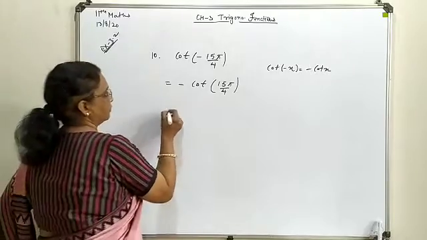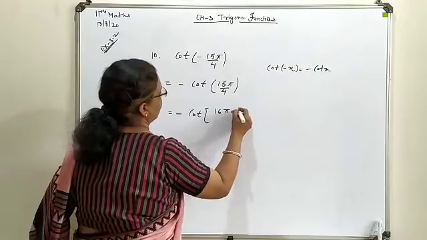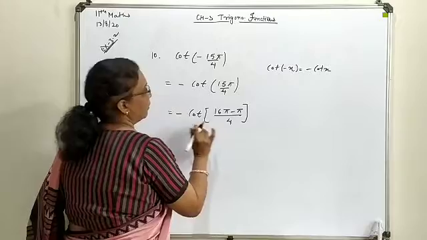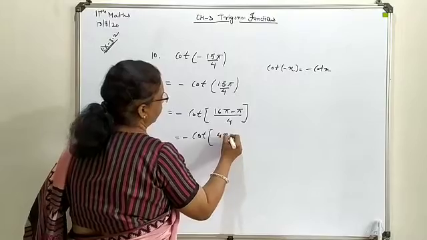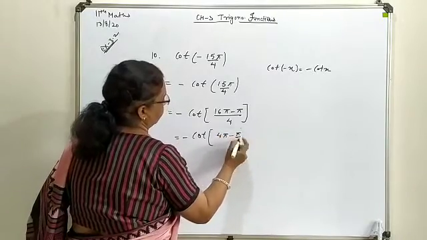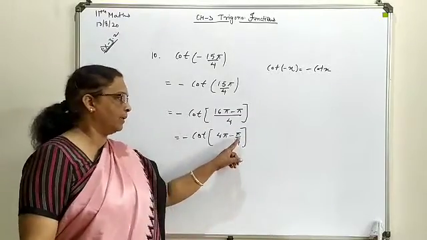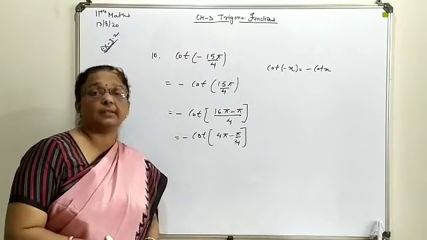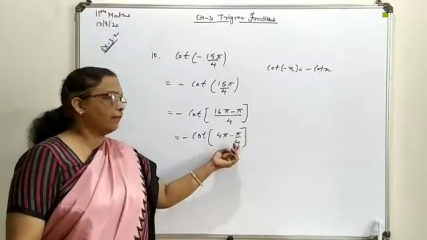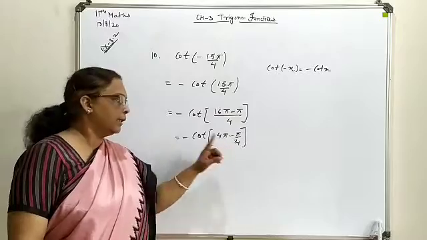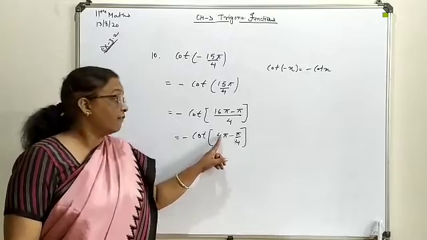So here we are going to write this as 16 pi minus pi upon 4. Make them separate. That is 4 pi minus pi by 4. Up to now in the last two cases, one thing was common: after splitting, we were having a plus sign. So after completing 2 cycles or 1 cycle, we were having only one angle to solve. Now here one change we are getting. In place of the plus sign, we have a negative sign with an even combination.